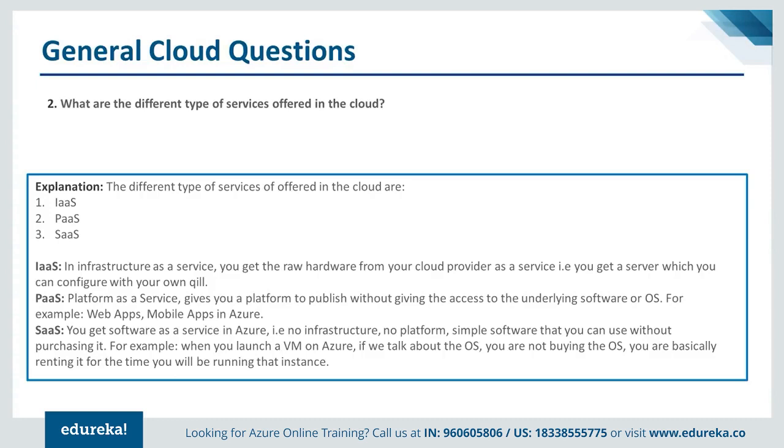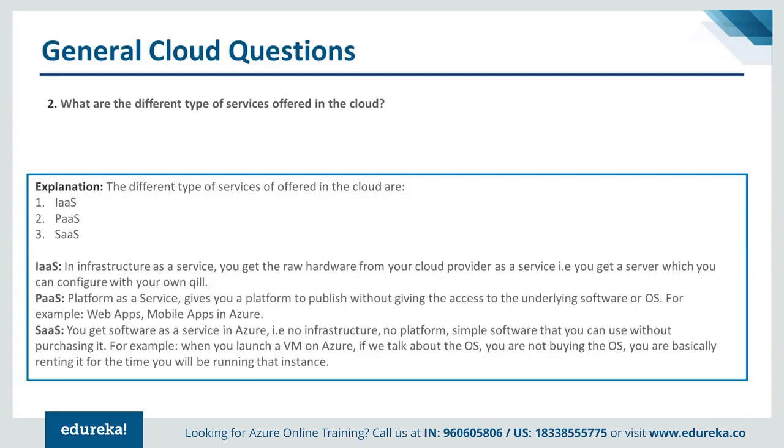Then you talk about the last type of service offered in cloud. So this is my SaaS. So when you talk about SaaS, you get software as a service in Azure. So you don't need to worry about infrastructure. You don't need to worry about platform. So you basically are getting the end product, which may be running on the infrastructure,